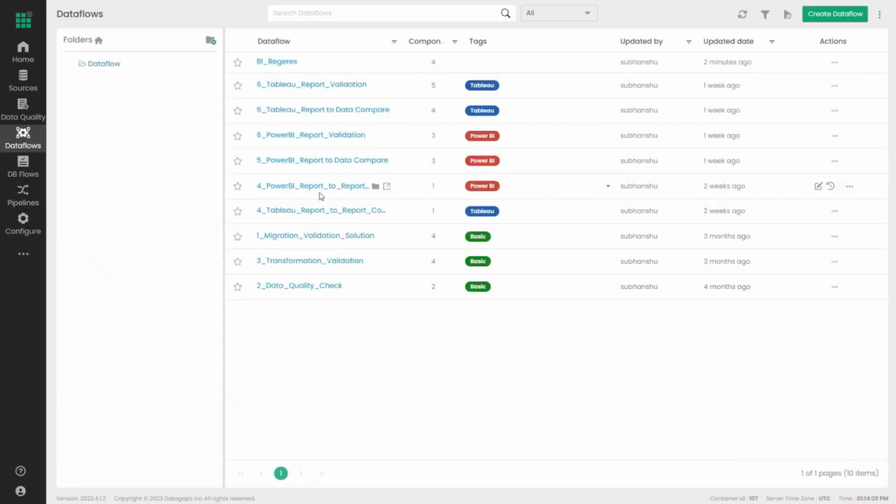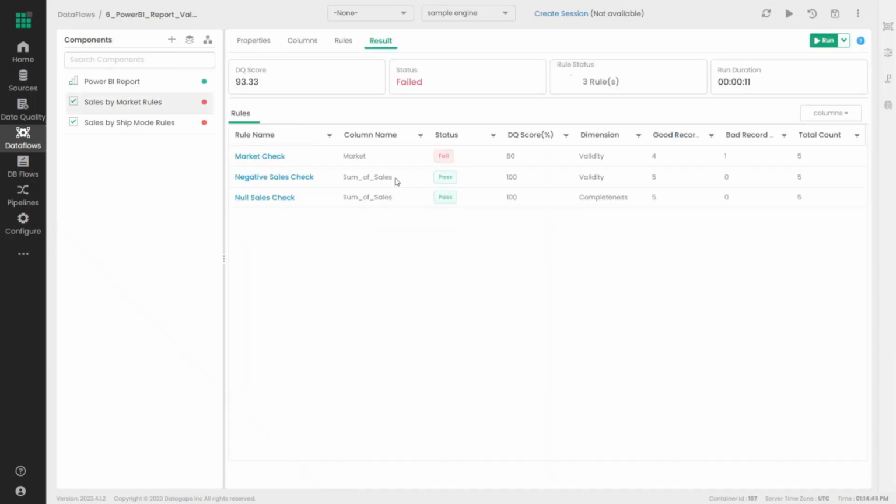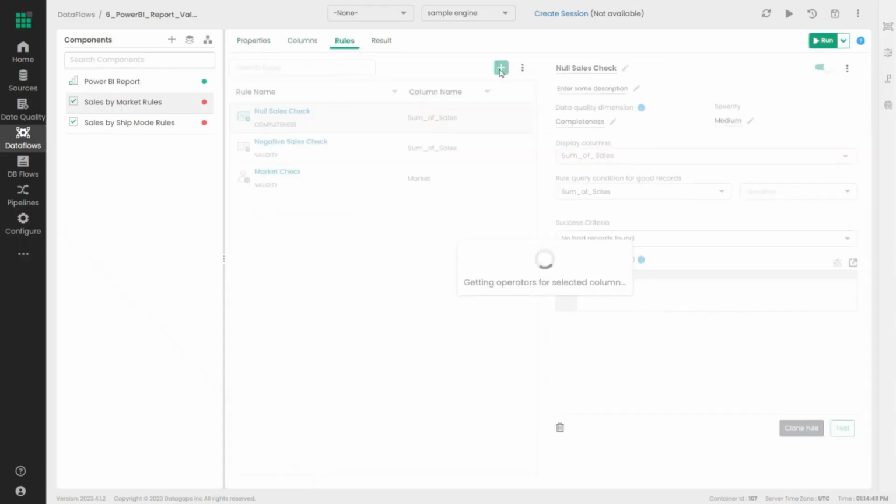And finally, our final use case, of course, once you have these data sets out, you want to apply rules on top of them. Here's where, once again, we ask the users to look into the Sandbox documentation that we have provided. We have provided these specific exercises where if you want to validate data sets or Power BI reports across a set of rules, we encourage our users to use the data rule component, where all you have to do is define what the data set you want to work with is, and then you can easily define